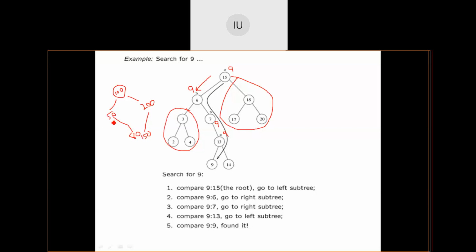Then I have 20. 20 is lesser than 50, goes on to the left side of 50. 10 again is less than 20, so goes on to the left side of 20. Then I have 30. 30 is lesser than 100, lesser than 50, but greater than 20, so 30 goes on the right side of 20. Then I have 250. 250 has to be on the right side of 200. Is this the same tree that you have constructed or any change?